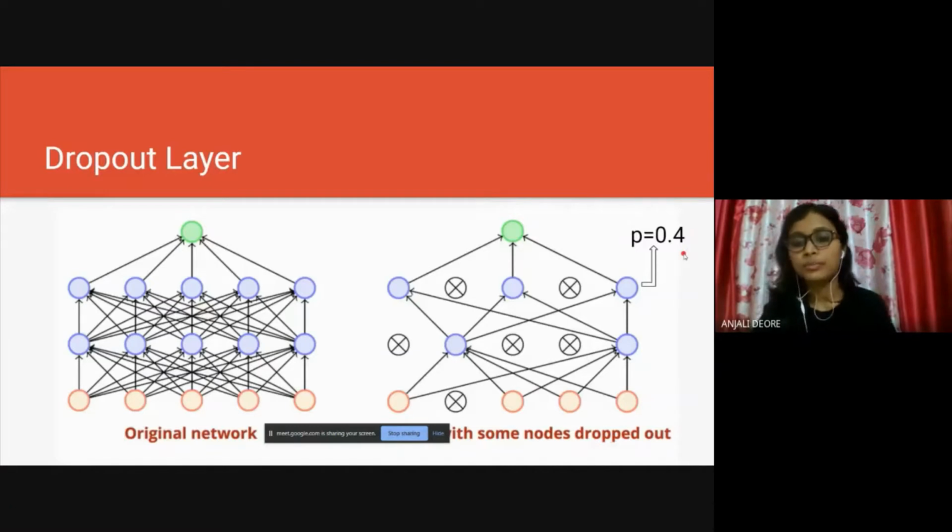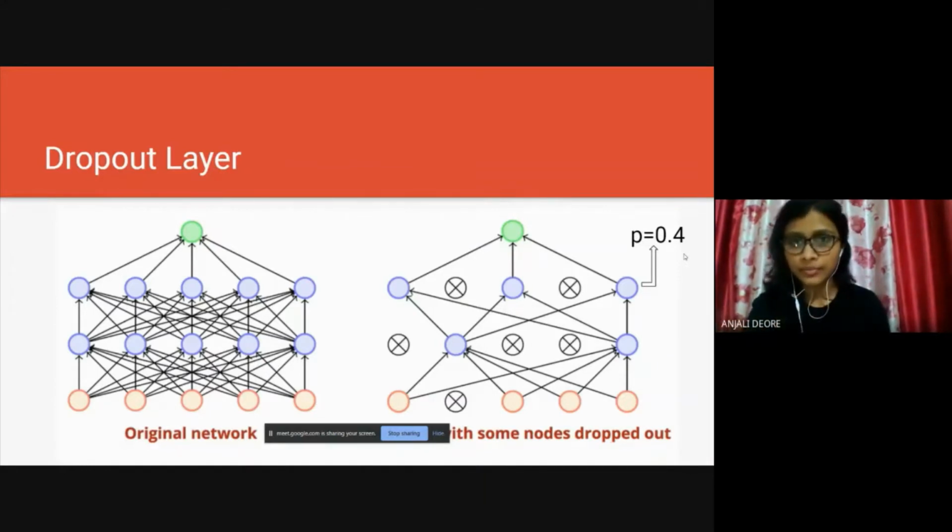p is nothing but the probability of the number of neurons to be dropped out in that particular layer. Suppose that you have 100 neurons in a layer. If the probability value is 0.5, then the number of neurons to be dropped out during one iteration would be 50 neurons.